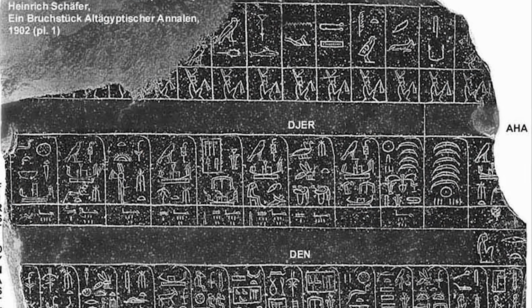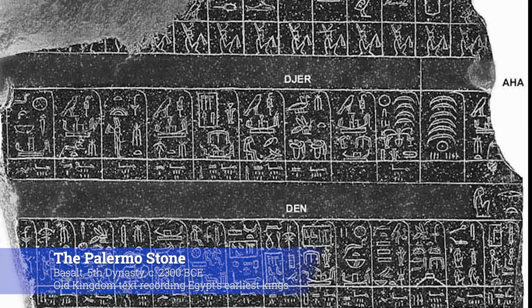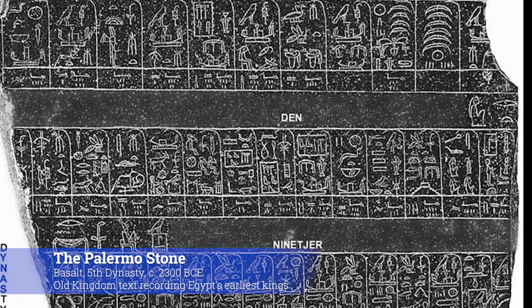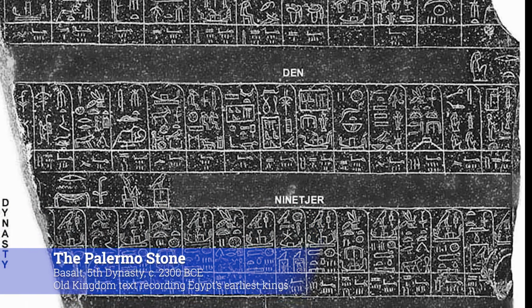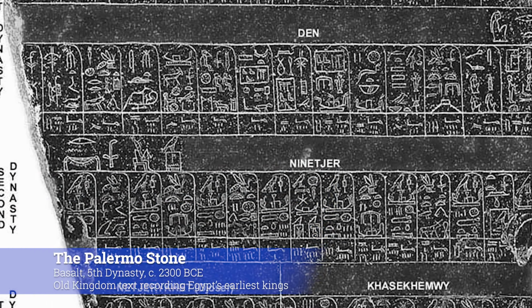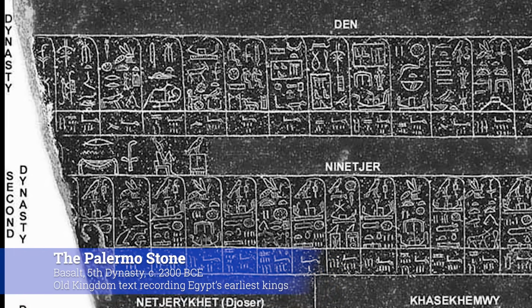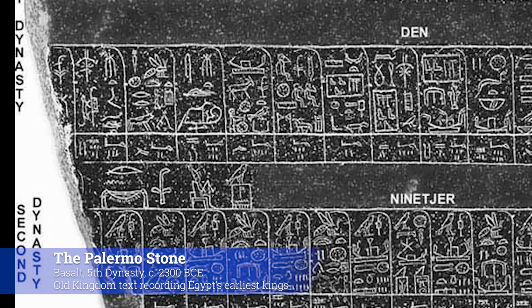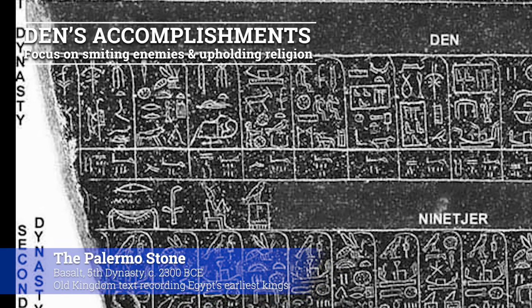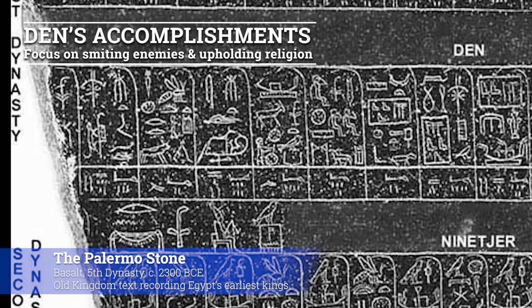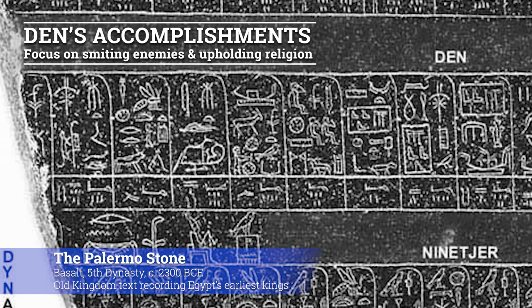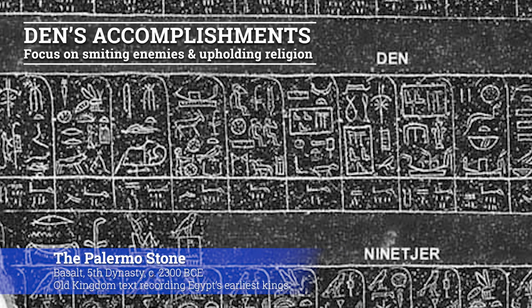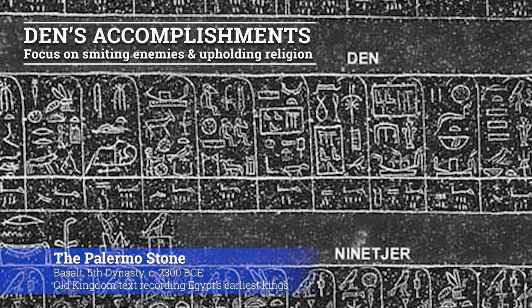Evidence from the Palermo stone, an ancient Old Kingdom inscription which provides some of our best evidence for the earliest pharaohs, shows some of Den's accomplishments. When it comes to understanding how the king displayed his power, this inscription is hugely important. First, we can see that the conquering of outsiders plays a major role. Den smites Setjet, the Chem, and the Yumchu people at different points in his reign.